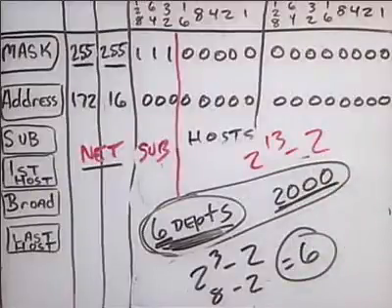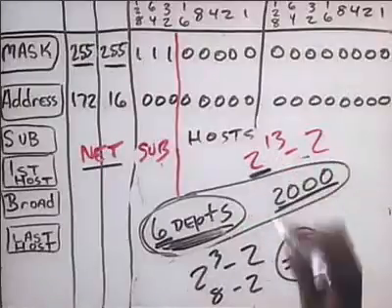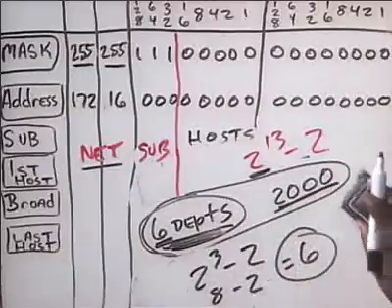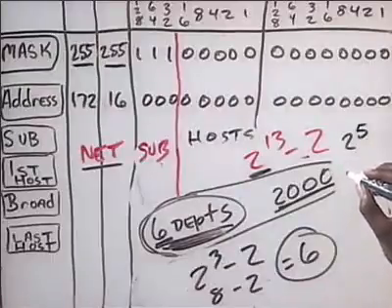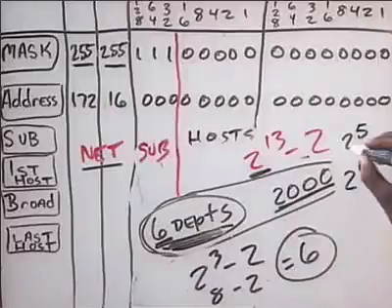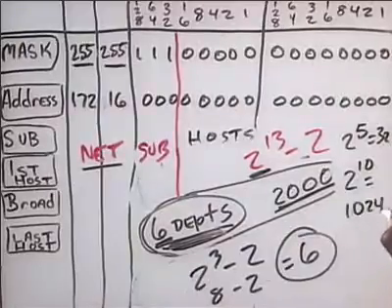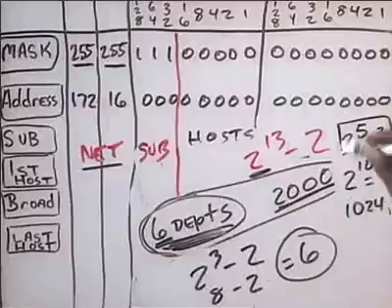Now what I like to do is I like to use landmarks to remember these exponents. I know a lot of people are looking at this and you're thinking, well, I can't remember all those exponents. What I like to use, just by way of some shortcuts, I'd like to memorize a couple of particular landmarks. 2 to the 5th and 2 to the 10th. 2 to the 5th is 32. 2 to the 10th is 1024. If you memorize these landmarks, you can easily work your way from those landmarks to the next exponent up or down